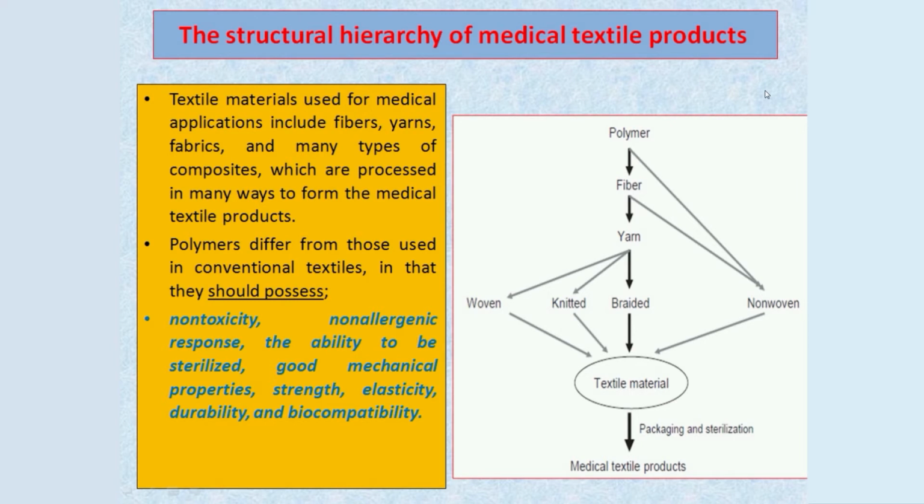First of all, we can say that we can produce medical and hygiene textiles by getting benefit from different textile materials such as fibers, yarns, woven fabrics, knitted fabrics, even braided and non-woven ones. Of course, if you look at the material firstly, we should concentrate on the properties of the polymer types, because the polymers used in the medical textiles field are different from the polymers used in traditional textiles. So the important characteristics of polymers can be stated as non-toxicity, non-allergenic response, the ability to be sterilized, good mechanical properties, strength, elasticity, durability, and